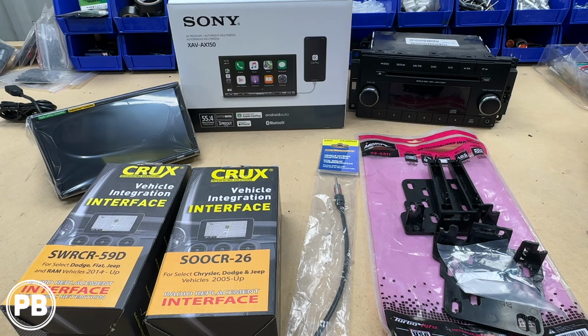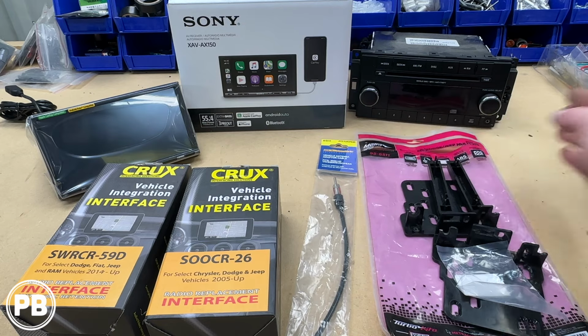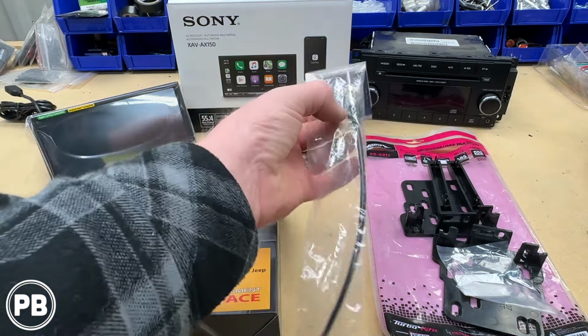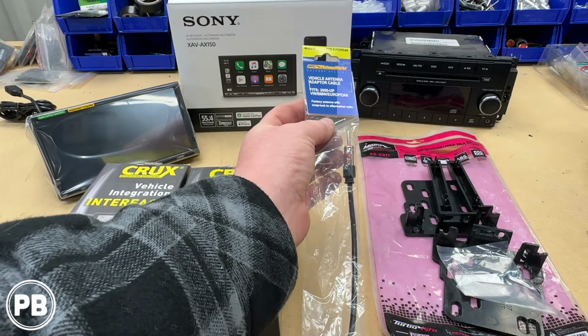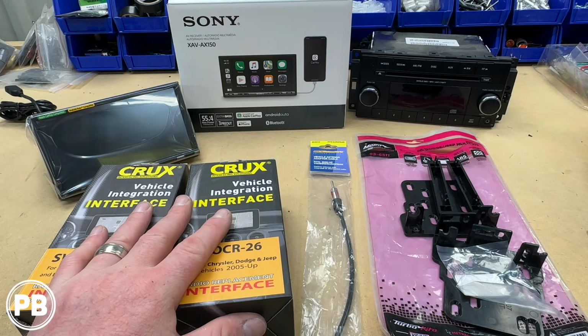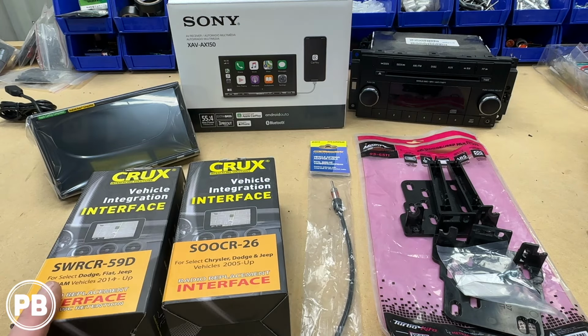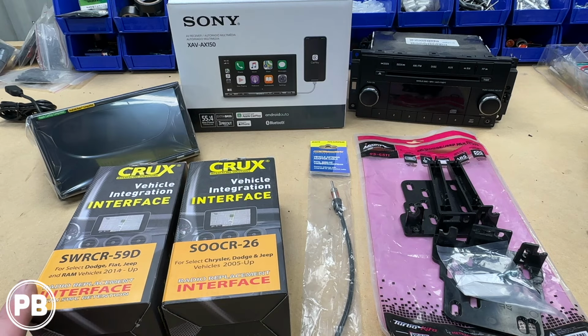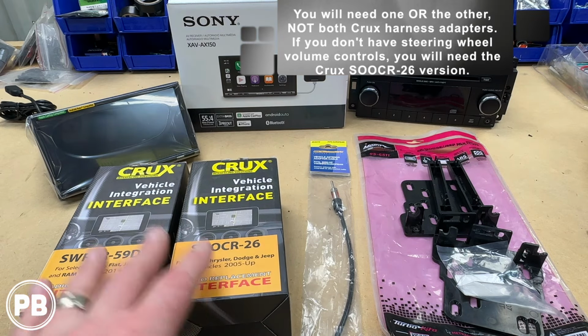Now, to accommodate this unit in the factory location, we do need some adapters. Our dash kit here is the Metro 95-6511. We'll need an antenna adapter. This is the Metro 40-EU10. And depending on the trim of your Patriot, you may or may not need steering wheel control retention or factory amplifier retention. Regardless, we have the Crux